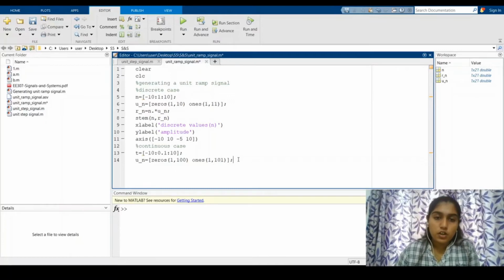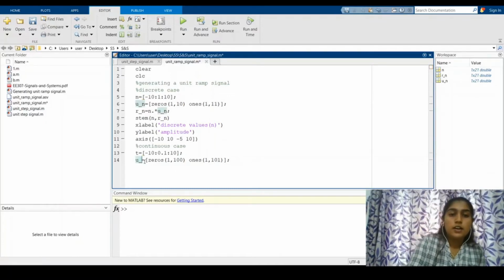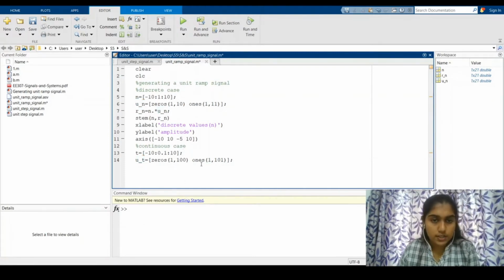Now we have t, so sorry, here you should give u of t instead of u of n. So make sure all the n is turned to t when it comes into the continuous case, if you are copy pasting the same. Now another thing is this line also remains the same, as r of t is equal to t times u of t. So you can just copy paste this also here and change all the n to t,